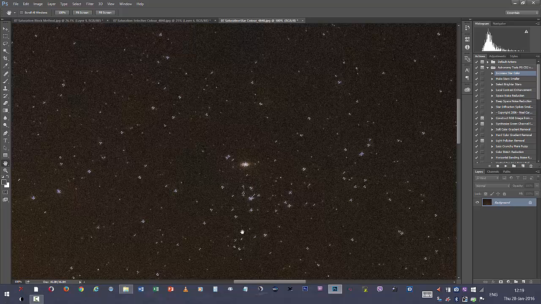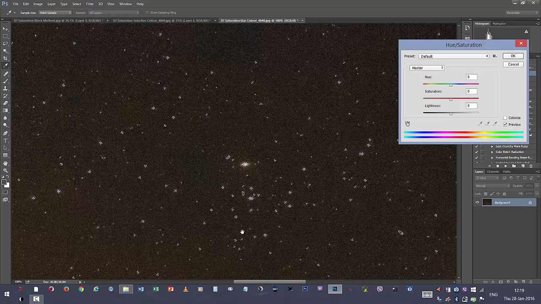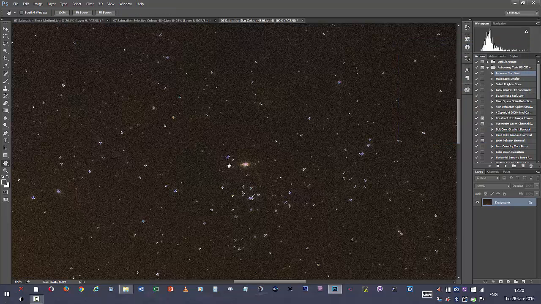And now we press Ctrl U to get the hue saturation dialog in Photoshop, and increase the saturation to maybe about 50. And now we deselect by pressing Ctrl D on the keyboard,